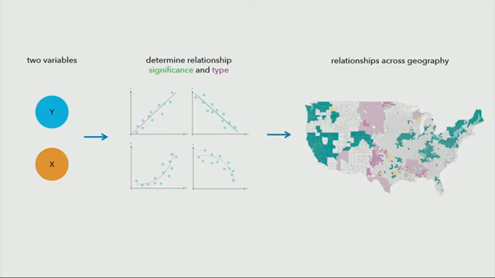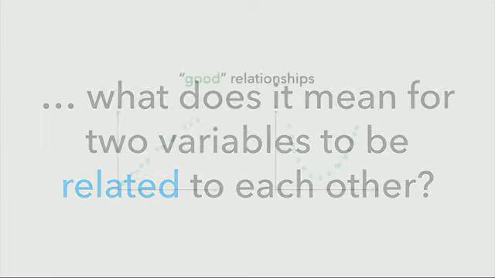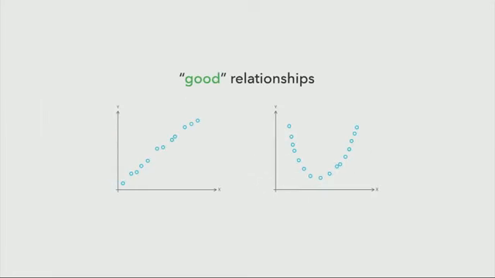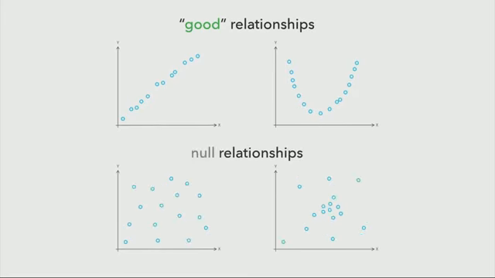And this can be really useful if you're trying to evaluate a potential model, right? So what does it mean for two variables to be related to each other? We've already looked a little bit at that earlier, but in this case, the tool is going to work with both good relationships, perhaps a linear relationship or a quadratic relationship, and try to differentiate those from null relationships, right? Things where one variable does not necessarily explain the other variable,